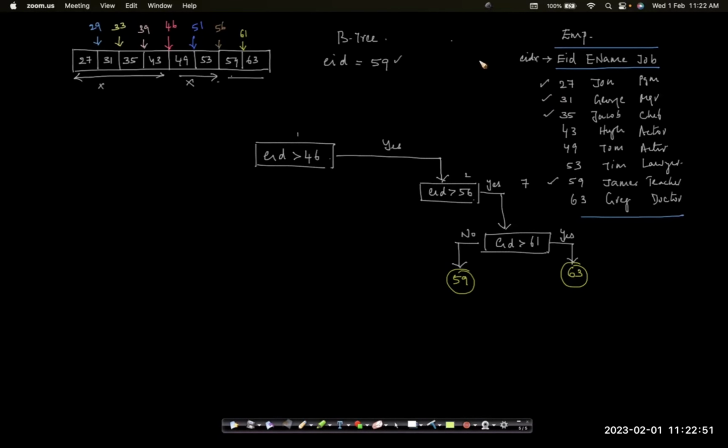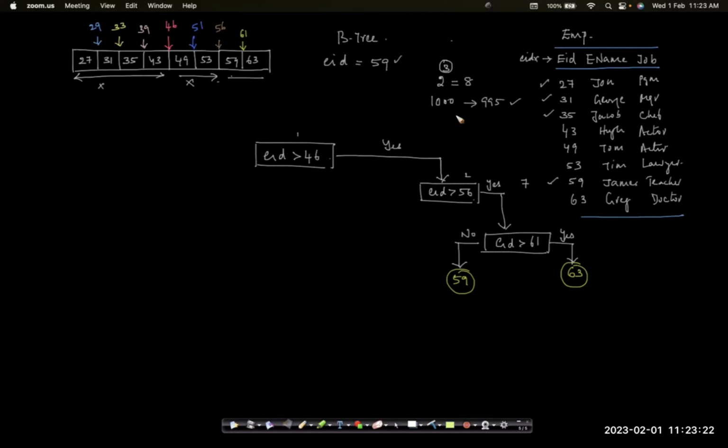The reason that we are able to find it in 3 steps is because you can write 8 as 2 power 3. So that is why any one of these 8 records you can always find in 3 steps. Let's say your table has 1000 records, and you're looking for record number 995. If you don't have an index, you have to make 995 comparisons. But if you create a binary tree,